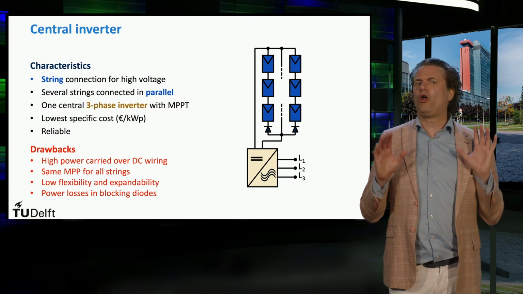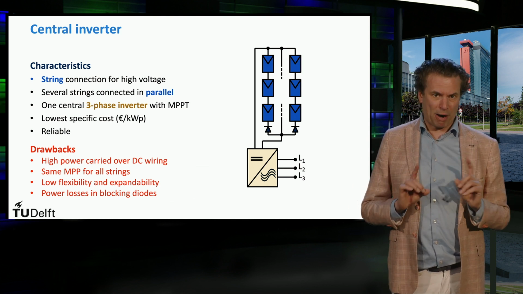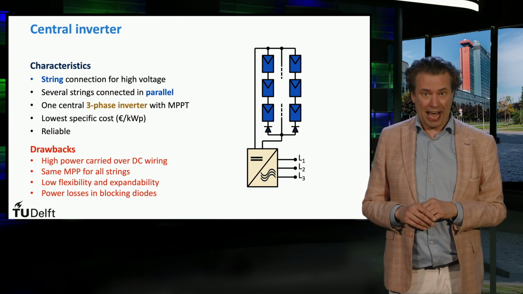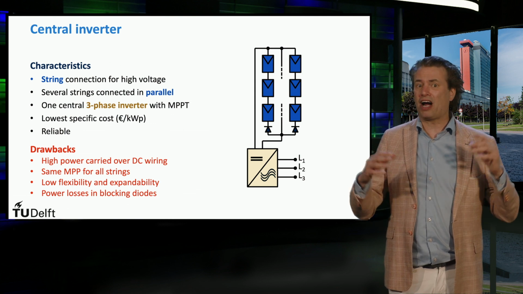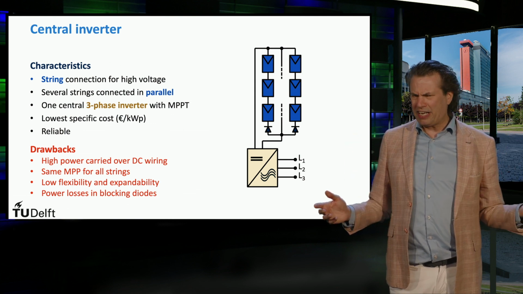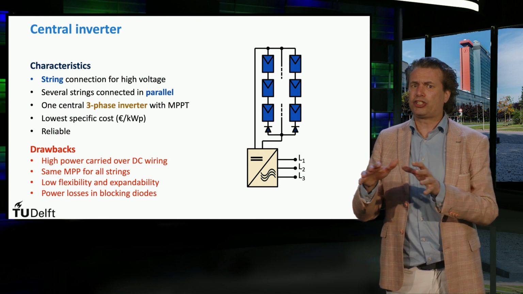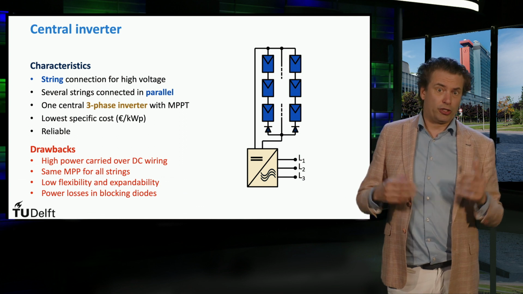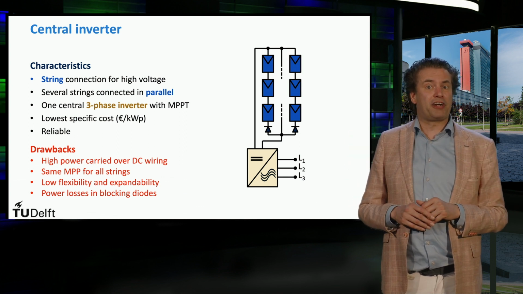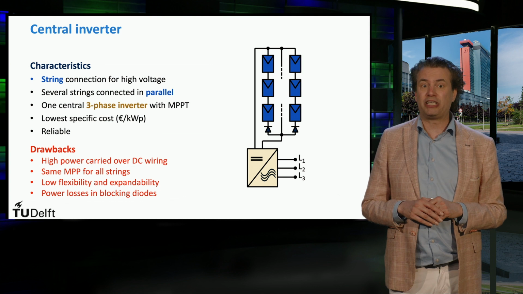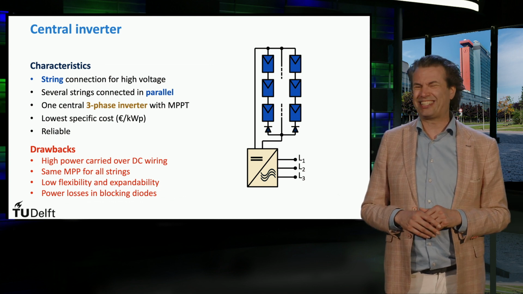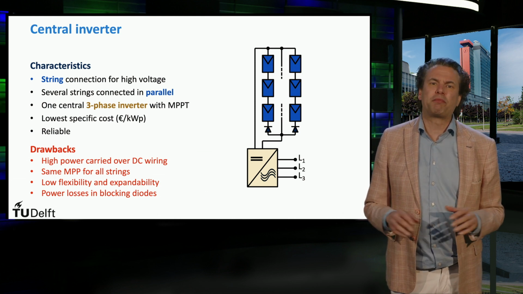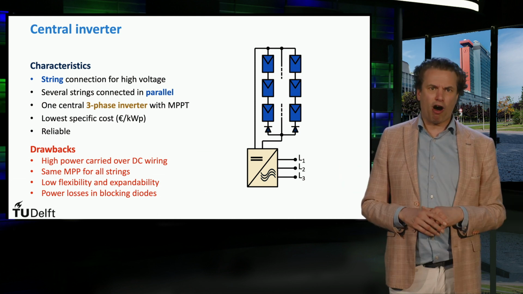Another drawback is that all strings are operated at the same power point, which might not match the maximum power point of each string and hence be problematic in a very large installation. Imagine, for example, a cloud casting its shadow on part of the installation for a couple of seconds. The result is a high imbalance in the power generated by the modules that causes mismatch losses and reduces the overall system output.